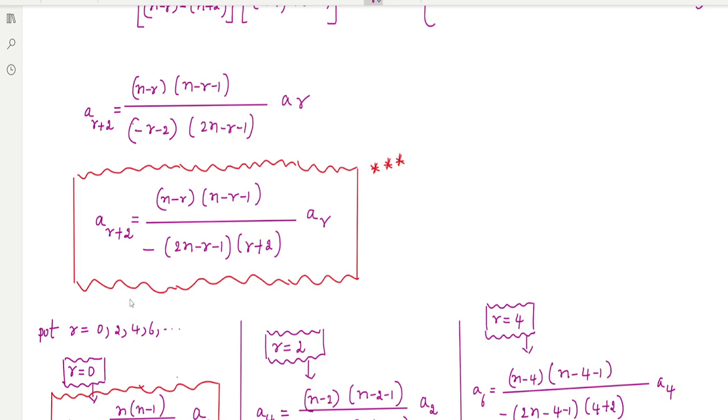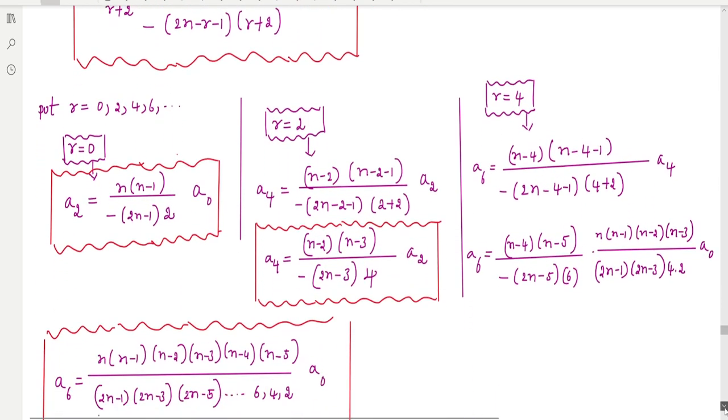Suppose if you use r is equal to 0, 2, 4, 6, then you will get some values, right? If you use r is equal to 0, you will get the a2 value here. Then if you use r equal to 2, then a4, a6, a8 values you will get, right? So simply if you solve these equations,